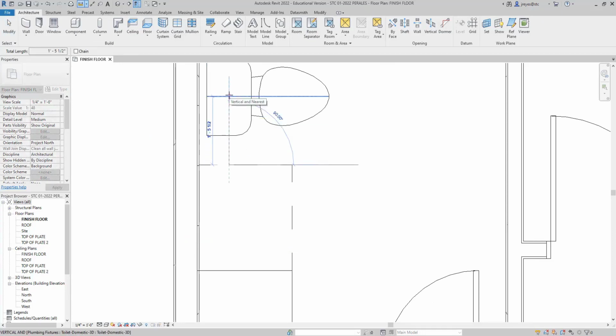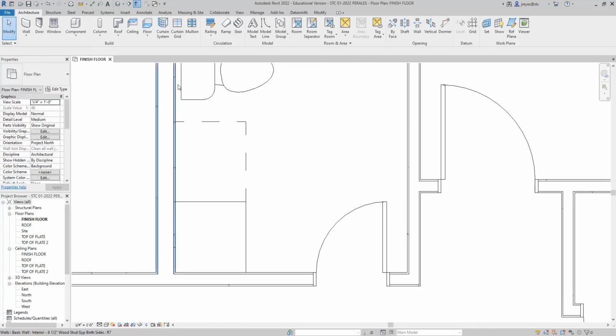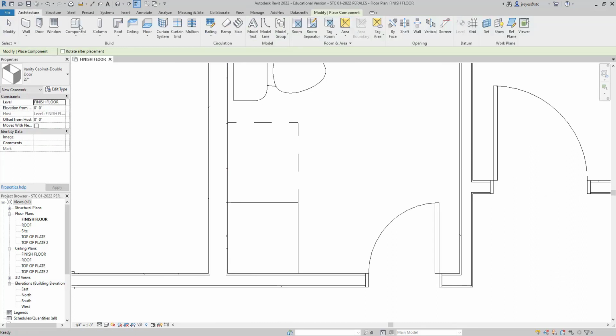So I've got from the center of the toilet to the edge of the countertop, I have 17.5 inches. We should be to code, okay. So now we're gonna add the countertop to it, okay, and oh, I forgot to mention on the cabinet, it was the same thing as